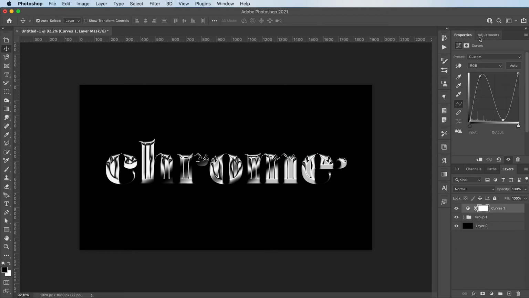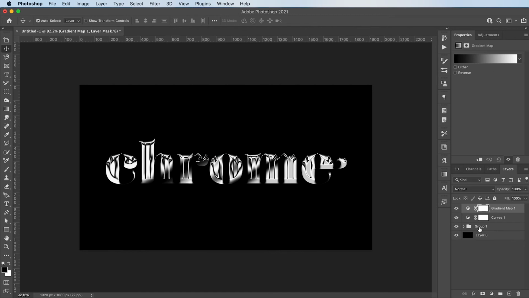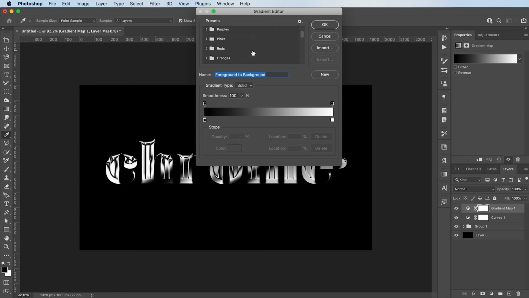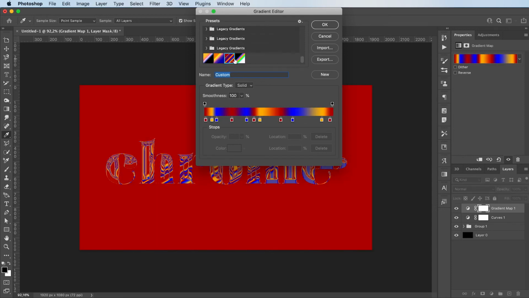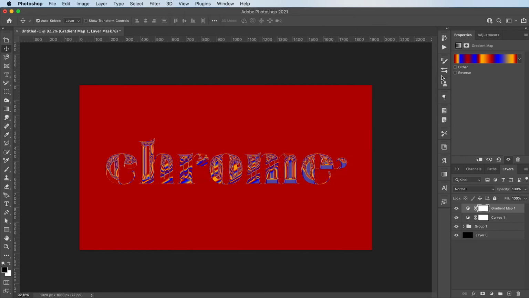Now what you want to do is go back to the adjustments panel and add a gradient map. Right now you can basically choose whichever colors you want and it'll turn out really awesome. Like, look at this. Now, as you can see, this gradient map affected our background as well, and we don't